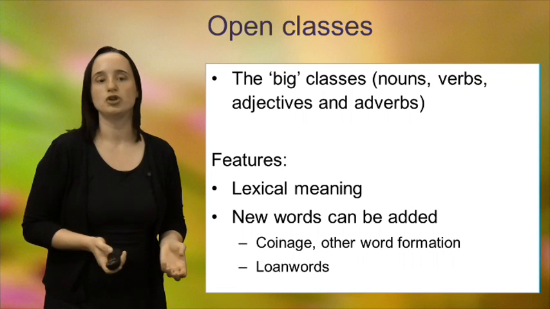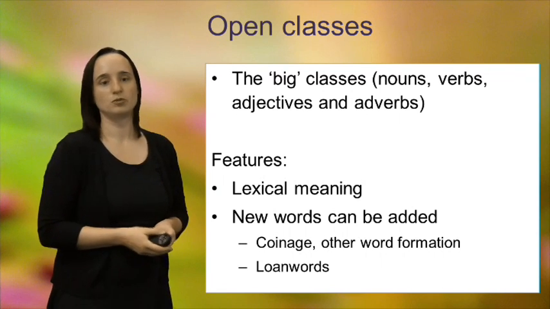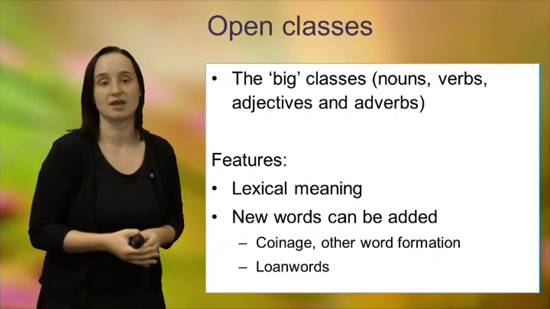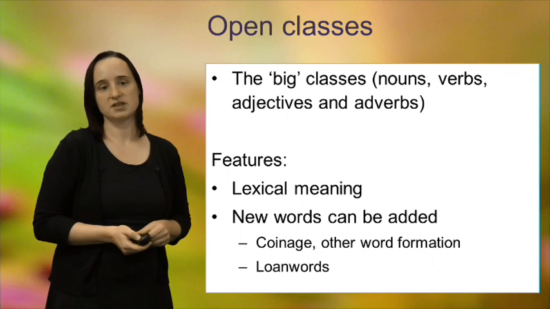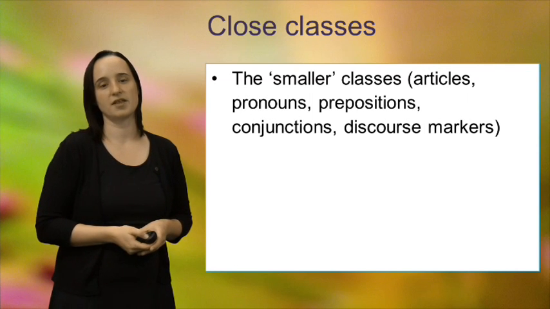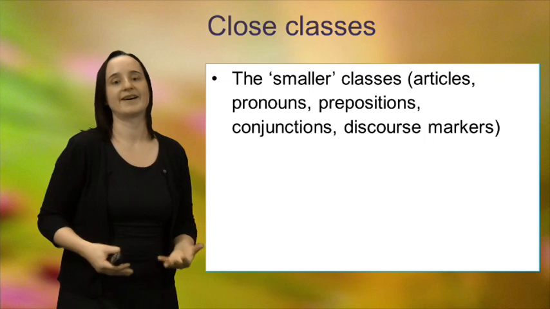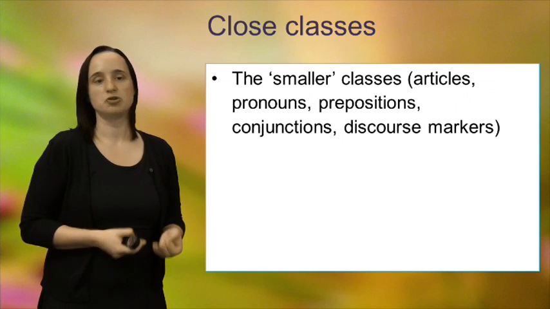So we can coin new words, we can borrow new words from other languages, we can form new words, for example, by putting two words together to form a new noun, a new verb, etc. So these are the features of open classes. Let's come to the other type, closed classes. These are the so-called smaller classes, smaller in the sense of they contain fewer words, but usually these words are